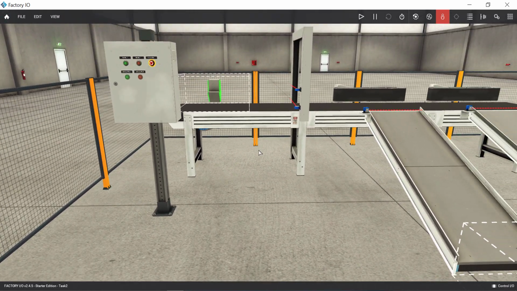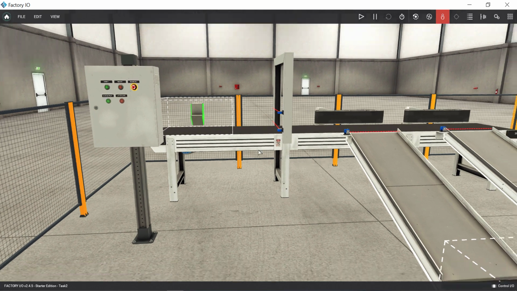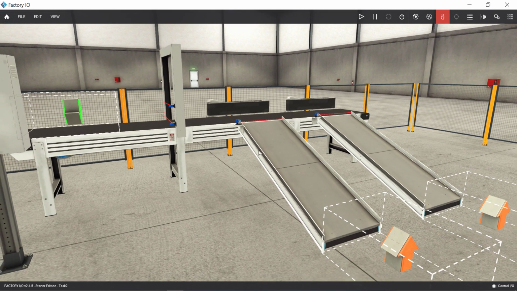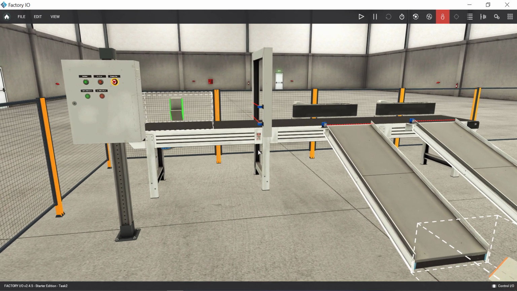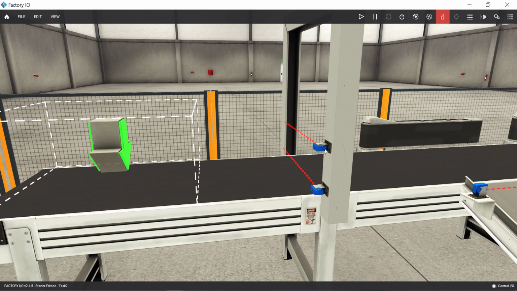This is the Factory IO task 2 file that we have. We are going to do some modification here, and you have to do the same modification. We are going to delete these two diffuse sensors.